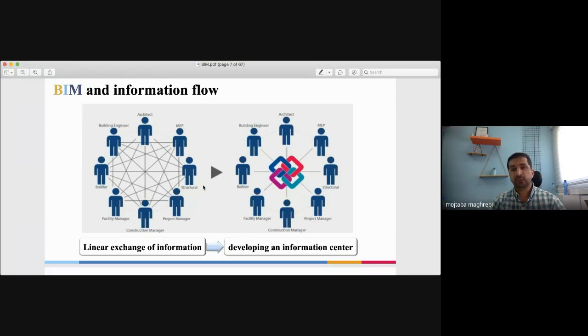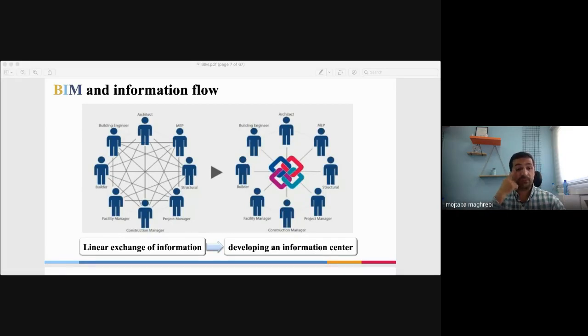For example, an MEP party could not change the information regarding the structures, but we could give them the chance to see the models, and they only put in the information that is from their side.